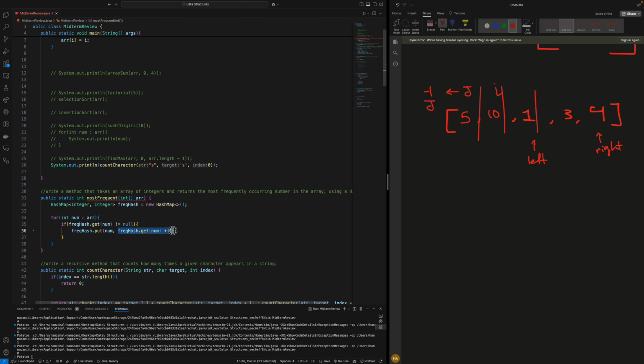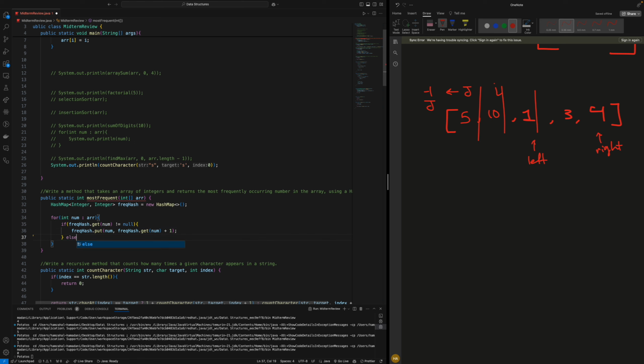So what am I updating the value with? Well, first I'm saying get num. This will return the frequency, right? When you say .get and you give it a key, it will return you the value for that key. And in our case, the value for the key is the frequency. So I'm going to take the frequency and I'm going to add 1 to it